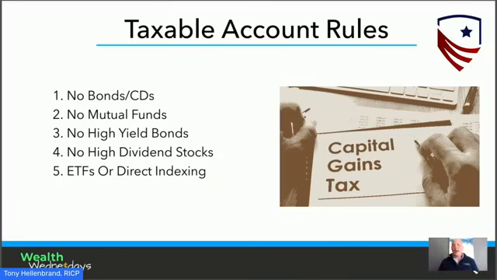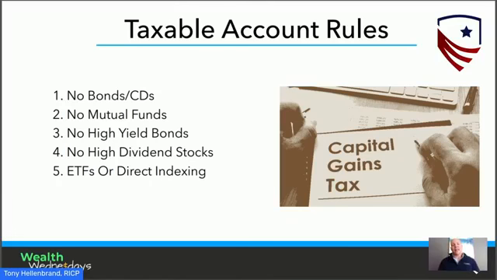And then if you say, hey, I want to own some high yield bonds, I want to own some high dividend stocks, I want to own AT&T or something like that. That's great, but hold it in your traditional IRA, because it's not going to screw up your tax returns. And also those are kind of lower growth names. You want to have your high growth names over in Roth, where you don't pay taxes in the future.